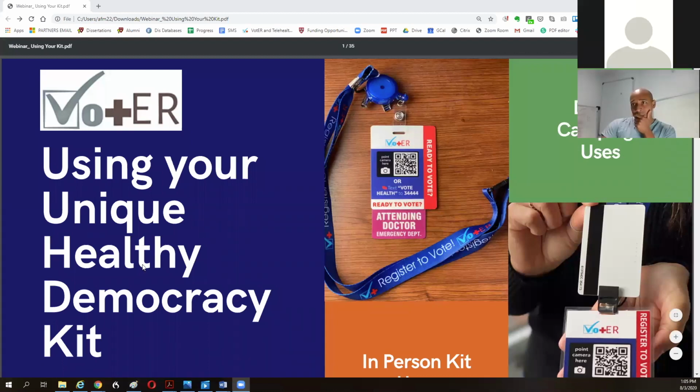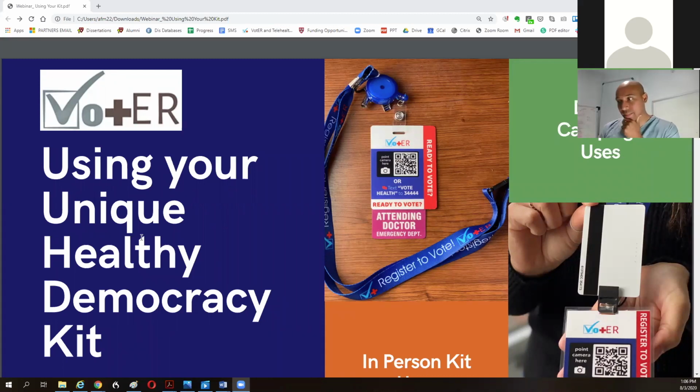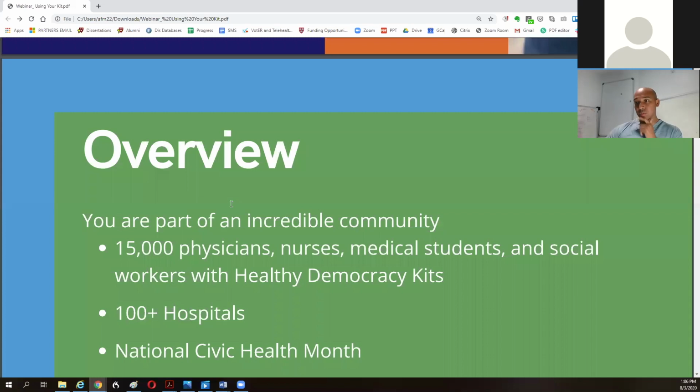All right, Ben, what screen do I have there? Is that the PowerPoint? Yes, you have using your unique Healthy Democracy kit. Fantastic. All right, well, let's get started. So first of all,